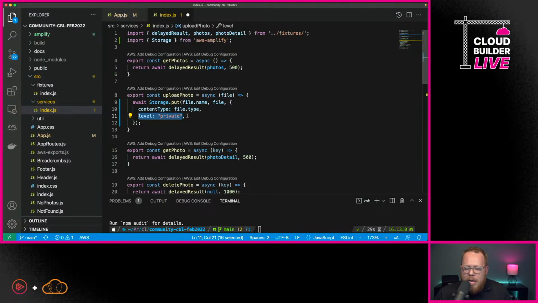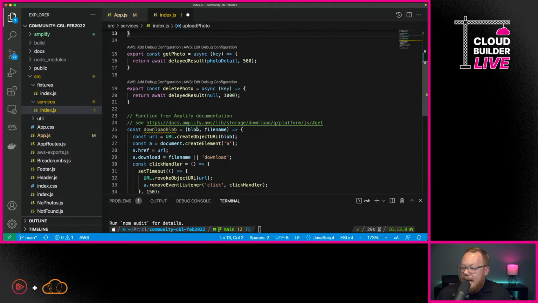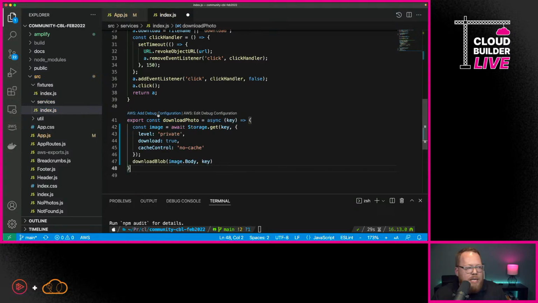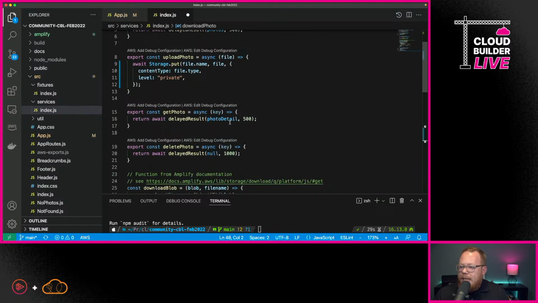And you certainly could do all of this yourself. You could do every single bit of this without AWS Amplify, but it does make it easier to implement these best practices within your applications. So let's go ahead and implement this. We've got upload photo, that's there. Let's next go to download photo. We want to actually implement that. Then in addition to download photo, we want to do delete photo.